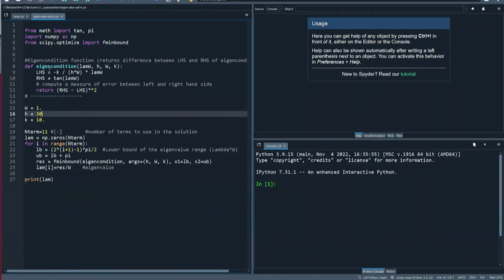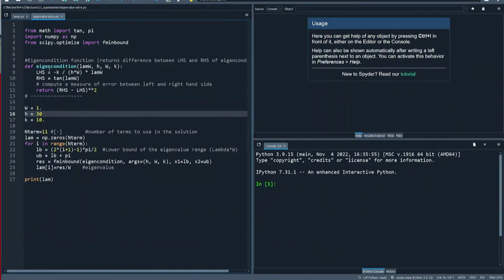So then here we have our actual setup for the problem. We allocate space for the lambdas, or lambda w, whatever it is. You first provide your lower bound. So this is going to change with your index I. And we're going from trying to solve for the first eigenvalue all the way up, and then the upper bound is going to be the lower bound plus whatever the range is. So here it's just pi. So we're incrementing over all of this, and we call this function every single time,